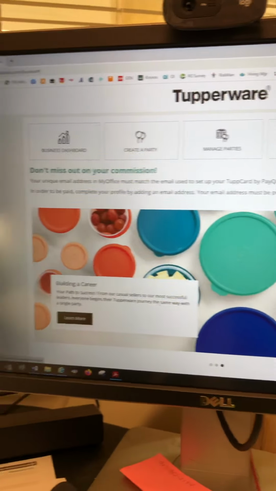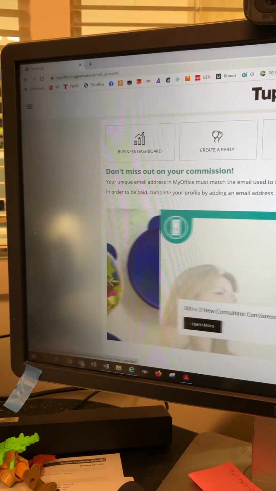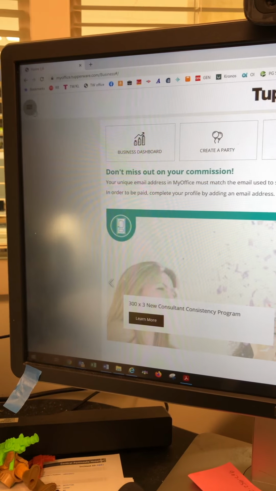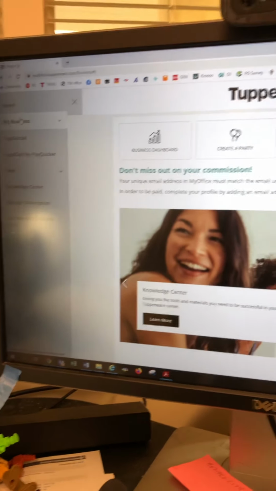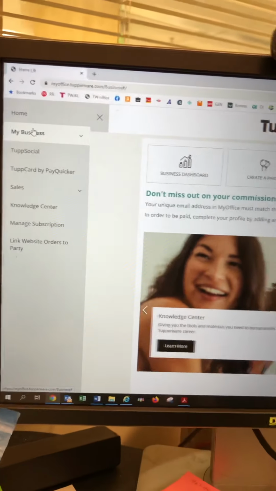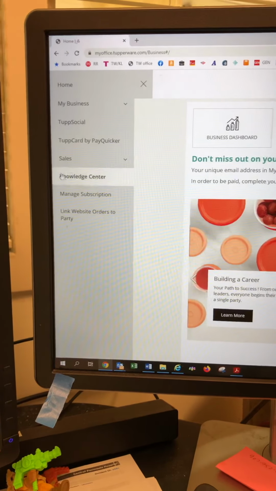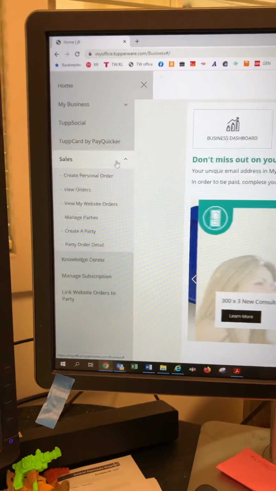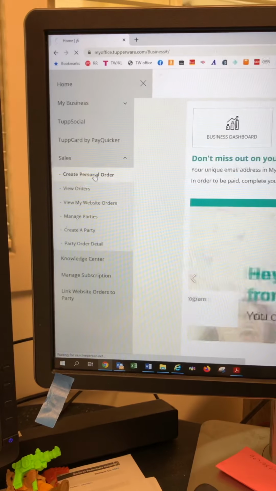But where we're going to go, and where I like to go, is all the way over. Some people call this the hamburger, but it's your menu button. It's way over here in the corner. And we're going to open that up, and I'm going to see if I can square this up so you can see it a little bit better. But you're going to go to Sales, and you can see that that's got a little drop-down caret. So we're going to open that up, and the first thing you're going to see here is Create a Personal Order. So we're going to click that, and the screen's going to load,